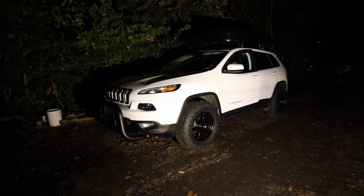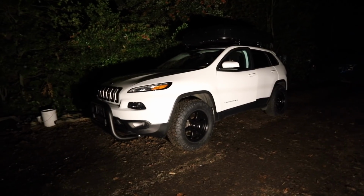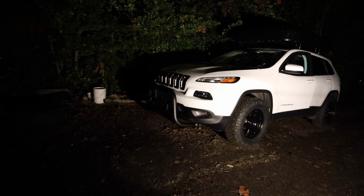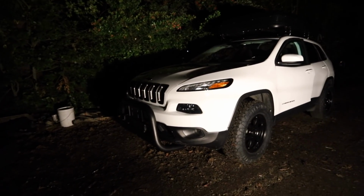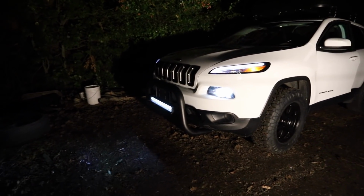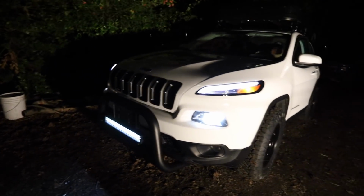Perfect fit, man. All right, you guys, it is 11 p.m. the day before we're gonna surprise Chelsea with this vehicle, and we just finished up. So let me show you what we did. We wired the light bar to a relay that's activated by the daytime running light. So when I hit this, you can see the daytime running lights activate, and we got the daytime running lights in the light bar. Then we wired the switch for the actual light bar into a...